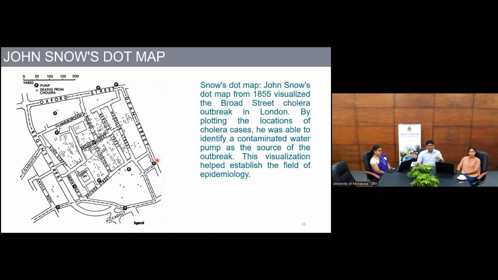Then this doctor, what he did was he had the addresses of all the people that he could find, and then he put those data on the map. And they found that the density of the people who had been affected was closer to a certain location where you could find this contaminated water. And then they realized that the source of this disease came from water, and if you could purify the water, you could reduce the number of casualties and so on.